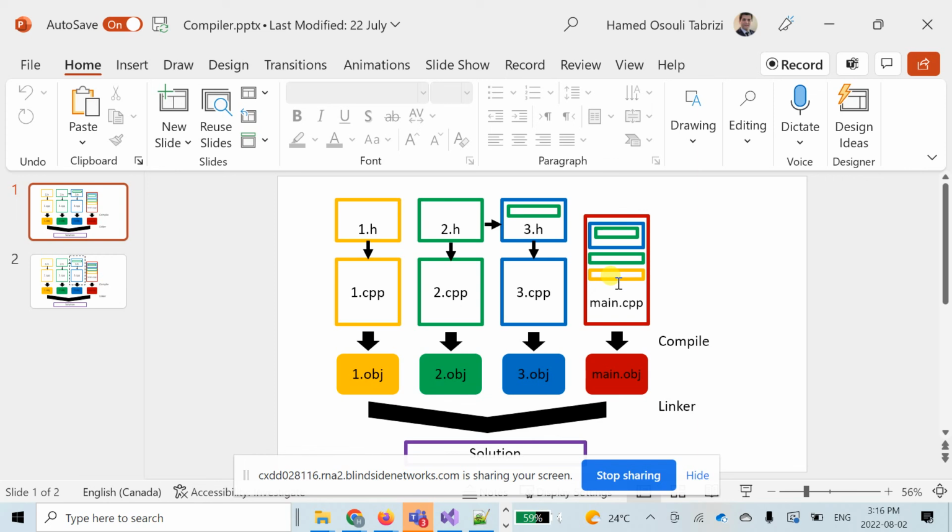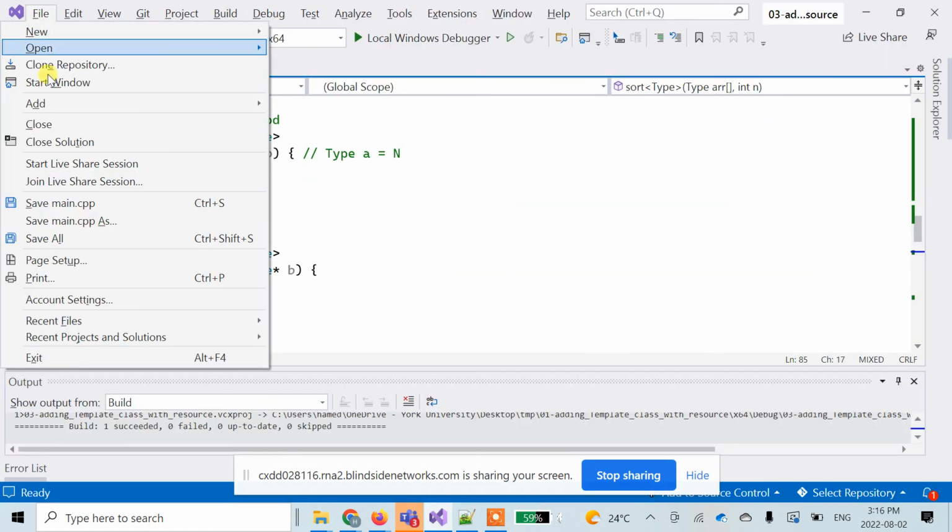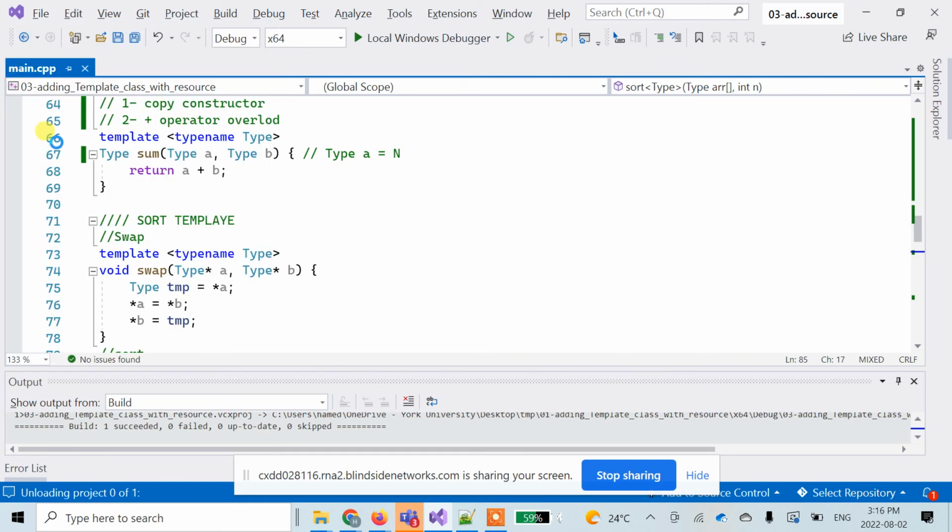This is just a template, and for this template, I don't know what kind of logic is going to be implemented, what is the type, and so many confusing things for the compiler. As a result, what you need to do is this. So if I close this solution,